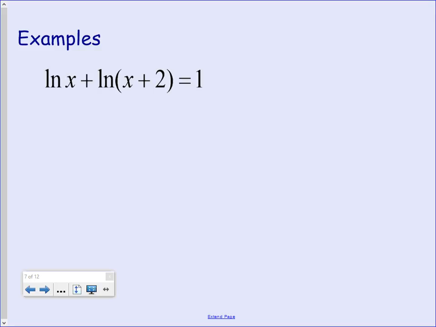Like condense the two logs. Condense the two logs. This time they condense into x squared plus 2x, maybe you'd write it as, because you're condensing into multiplication. They were two logs that were being added, so now they're going to be multiplied. And then that equals 1. What did you do after that, Jacob? Which looks like